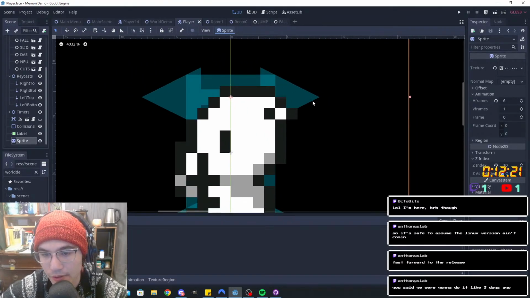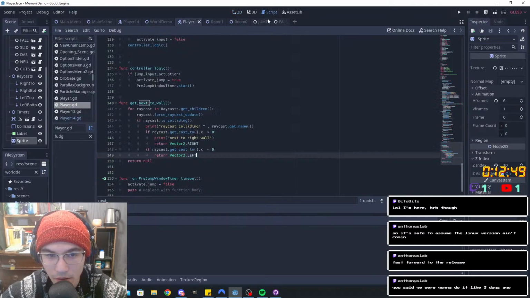So what we'll do is when we do have a raycast collision, we're gonna check the distance from the center of the raycast to the wall and make that distance 4 pixels no matter what. So player.global position is going to equal 4. If it's on the vector 2 dot right, player position is going to equal this position minus 4. And this is going to be on the entrance of the slide state. Actually,